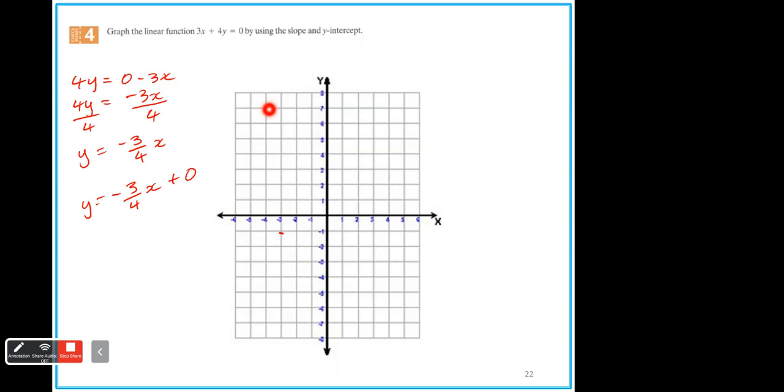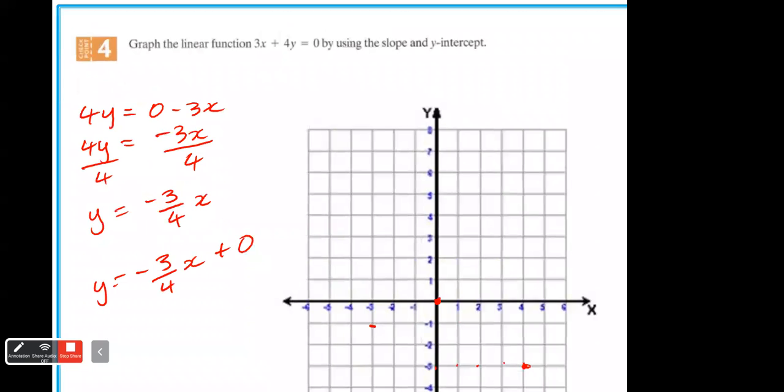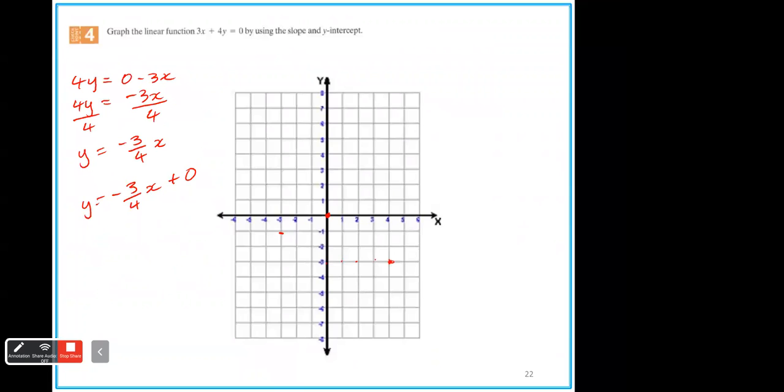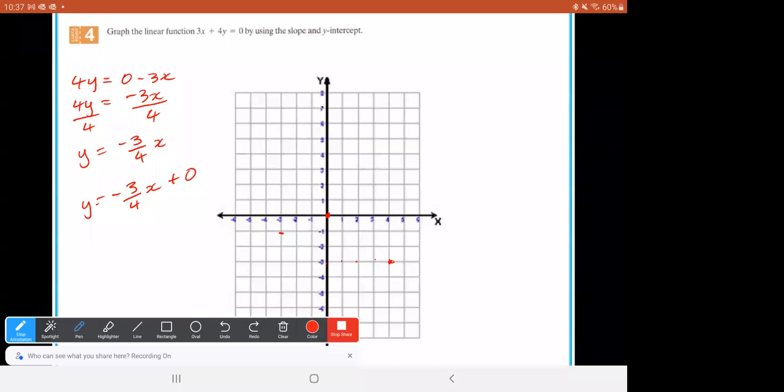Mm-hmm. So then we'll start at 0 on the graph, and then we'll go down 3, and then we'll move to the right 4. Okay. So you're going to stop at 4, -3. Yes. Okay. And then you plot, because it's a negative, it means then that you're going to